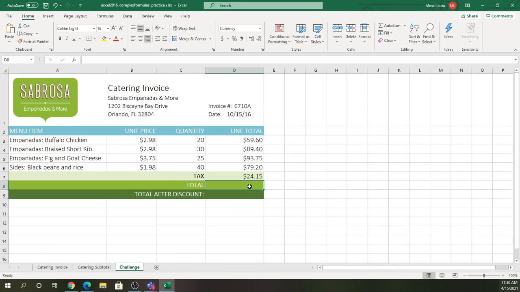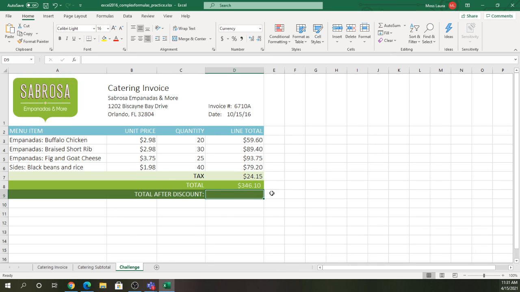Right, now for the total, I'm really at this point just gonna add all of these 5 cells together. This is pretty basic with formulas. You're gonna hit the equal sign and start adding all of these cells: D3, 4, 5, 6, and 7. When I hit enter, I see that my grand total here is $346.10, and I want to give them 10%